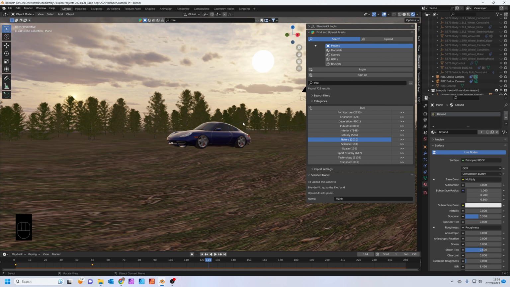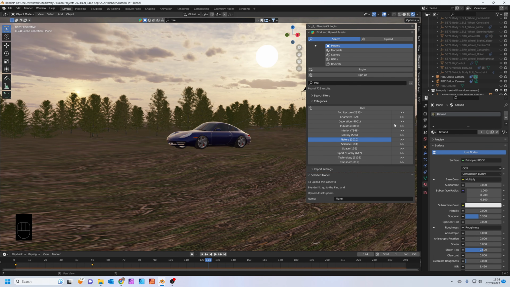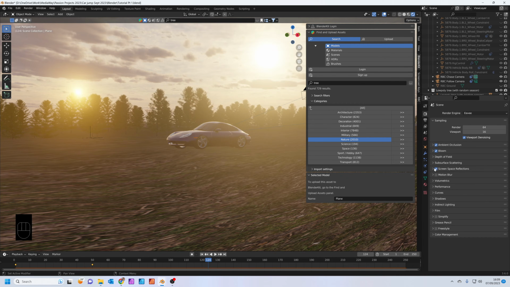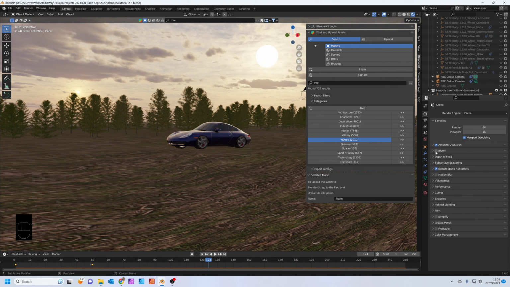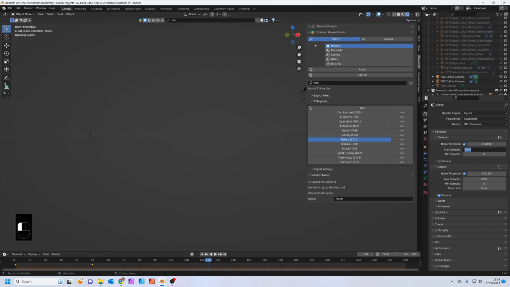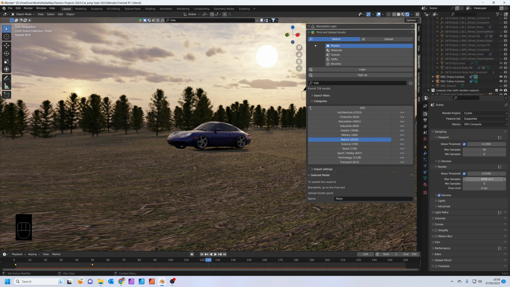Right, now you can either stick with Eevee for this, or let's just have a quick look. If you are going to stick with Eevee, click on ambient occlusion, bloom, screen space reflections, maybe not bloom, maybe too much, and motion blur. But I'm going to hop into Cycles because I prefer the way it looks, and I've got a nice fast PC that handles it okay. So click on GPU compute. Click on max samples in the viewport, 16 should be fine, and 32 to render should be fine. And also click on motion blur.